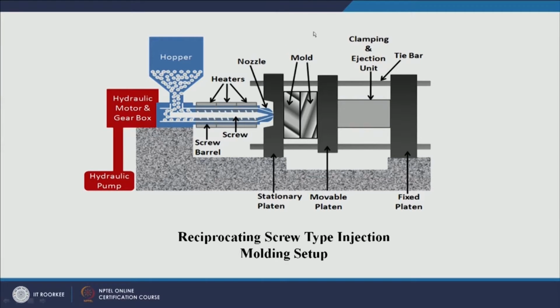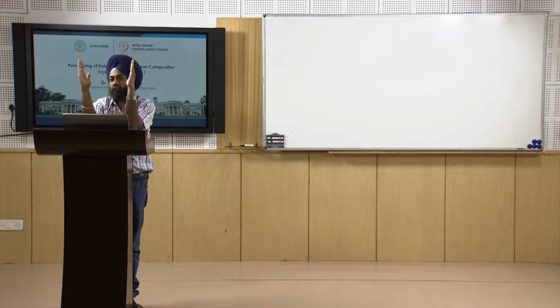In second case, there is a rotating screw that pushes the molten plastic through the nozzle into the mold cavity. This is the mold, two-part mold here, and then this slides over these two tie bars. The movable part of the mold will slide over these two tie bars, and then it will move in longitudinal direction. So when it comes close to the fixed part, the mold will get closed. In between we will have our mold cavity, and that mold cavity will be the exact replica of our final product that we want to make.